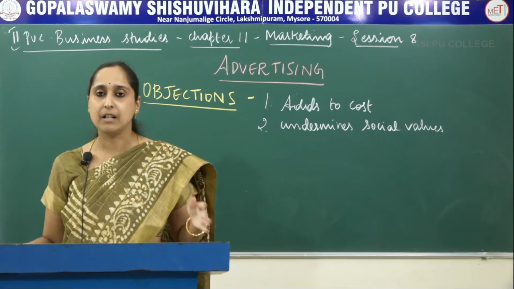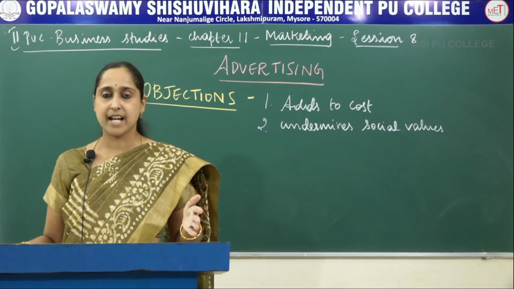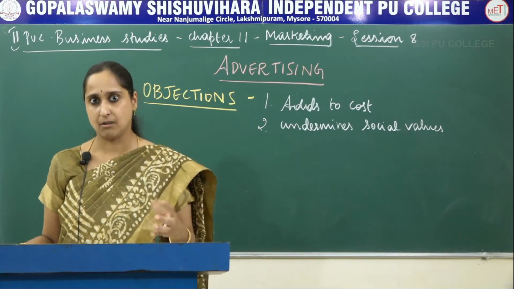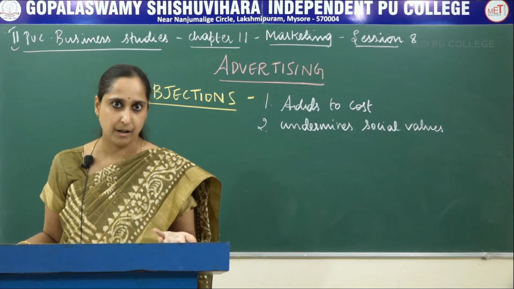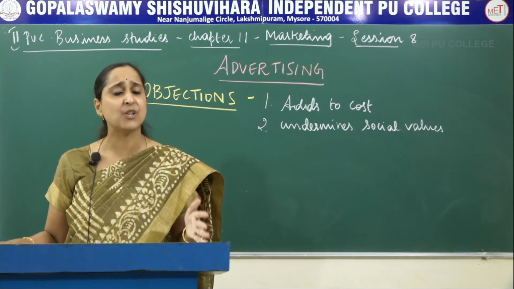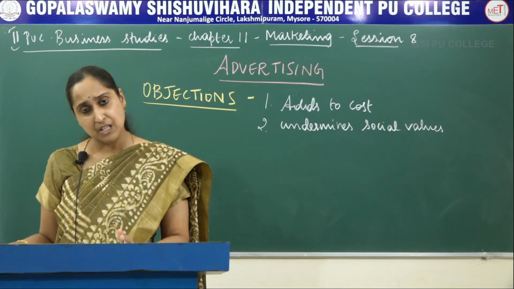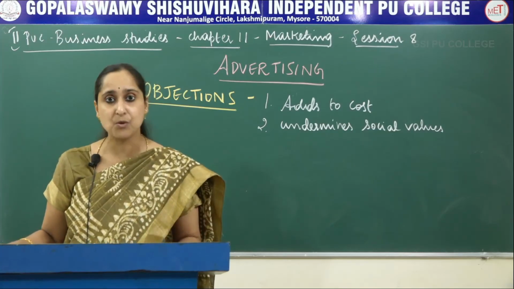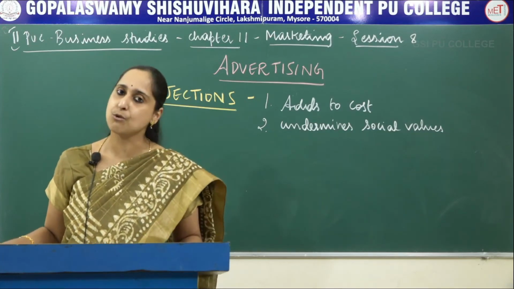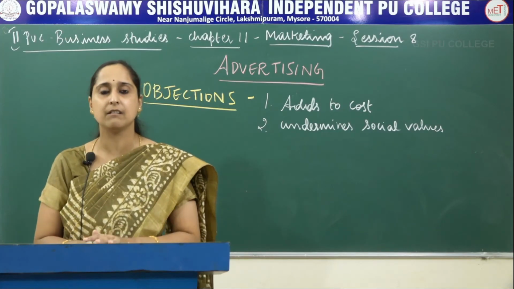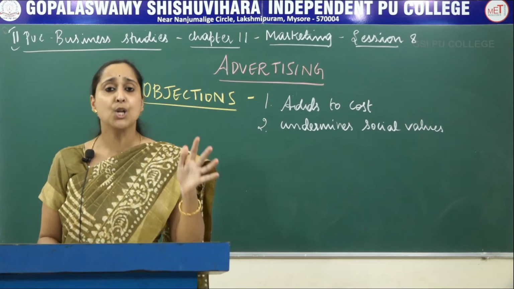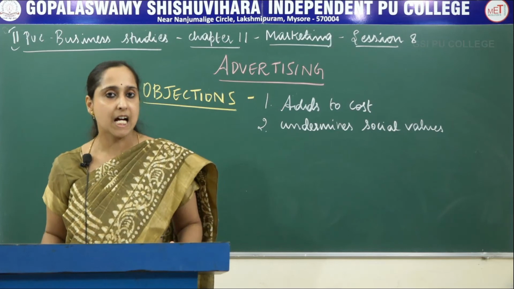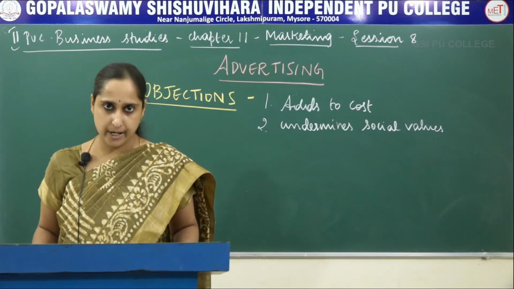See, for example, in a fairness ad, they say that after 2 weeks, if you use their product, you will become white or become bright in color. But it is not possible. Business always promotes materialism. So it gives importance only to material things, but not to social values or ethics. We call it undermines social values. Here the companies do not give any importance to social values and ethics, and they always try to mislead the customers by advertising their product.